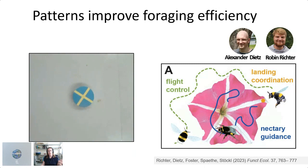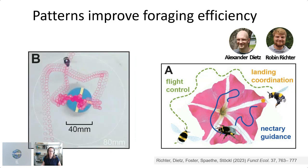approach flight, and then the landing, and the time when the animals are actually on the flower and walking towards the nectary, the guidance phase. And as we then later realized, also a departure phase, as the animals are walking on the flower before they fly off. And we were tracking the animals in this entire time so that we can then look specifically at how they are oriented,